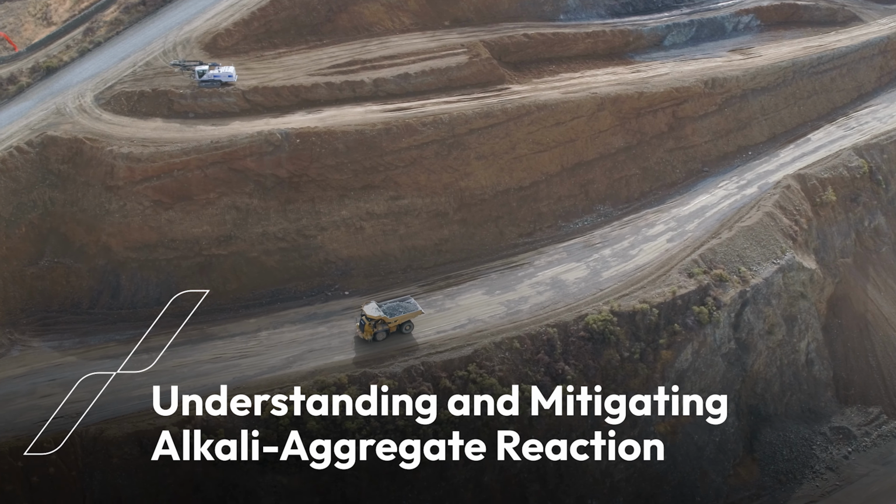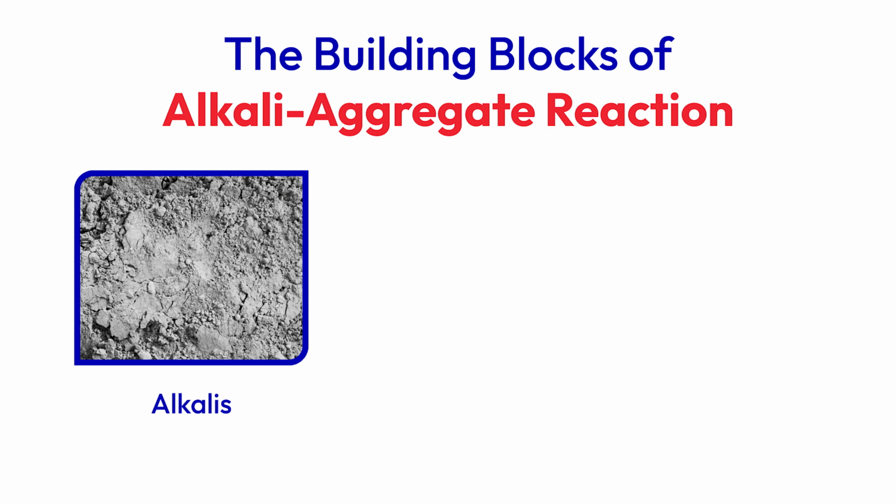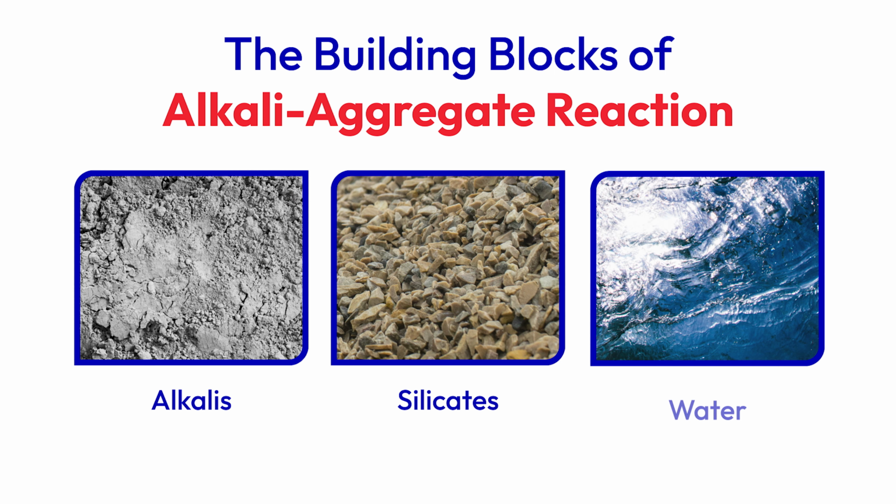Alkali aggregate reaction is a reaction between the alkalis, generally coming from the cementitious materials, and the silicates in the aggregate. And the third thing you need is water. So if we look at different ways to mitigate alkali aggregate reaction, we're going to key in on one of